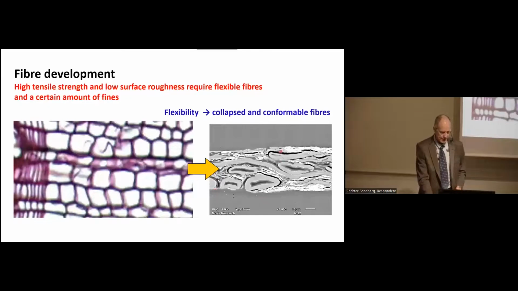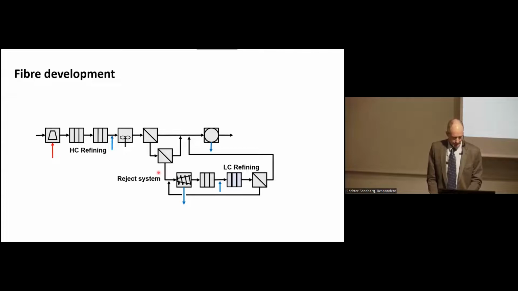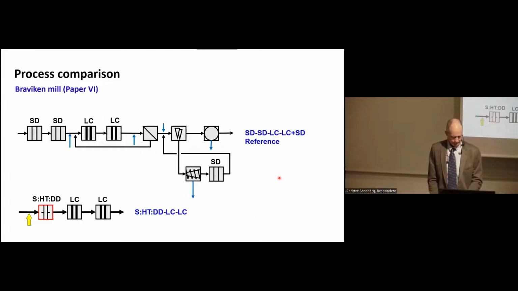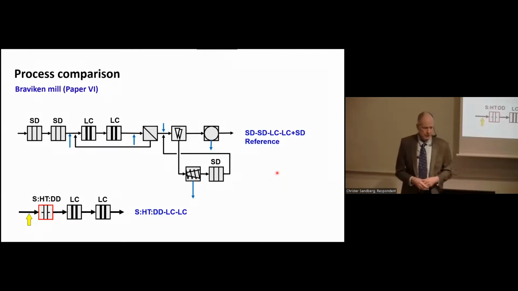And as you can see, the thickness of the paper is just 2 or 3 fibers, uncollapsed fibers, in thickness. So it's very important to get the fibers to collapse and to have flexible, good bonding fibers. So is this possible to attain with the process without the reject part? And to evaluate that,